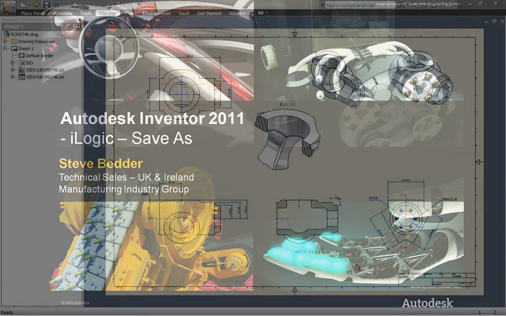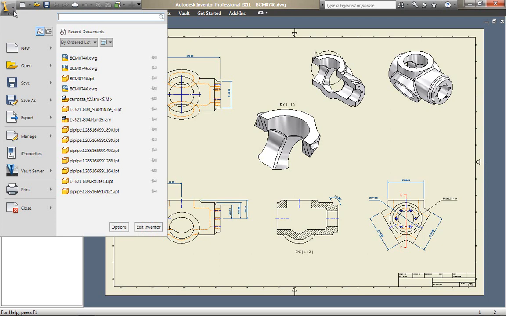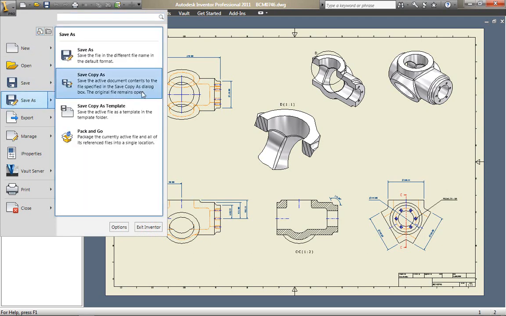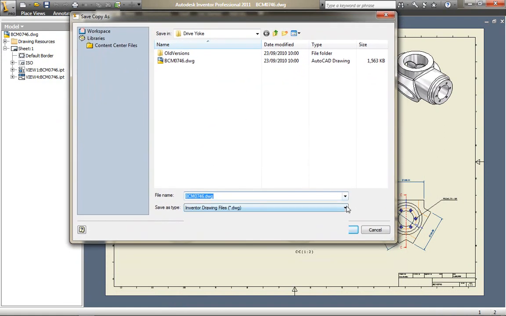I've got some iLogic tips that I want to share with you. As a design engineer, you've probably been asked on various occasions to share data out in various different formats. So for example, this Inventor 2D drawing that we've got here, you may need to share that downstream with the supply chain. So we've got the Save Copy As tool built directly into Autodesk Inventor that will allow you to